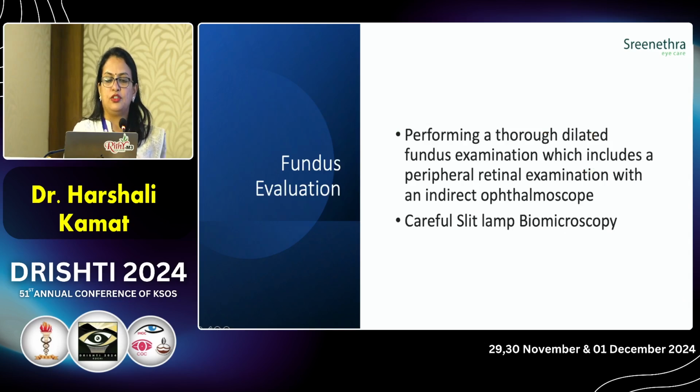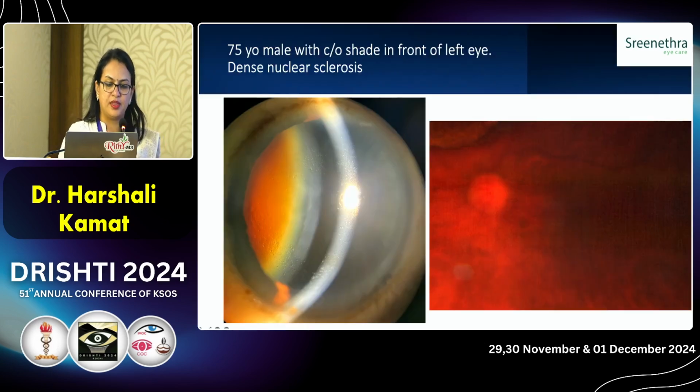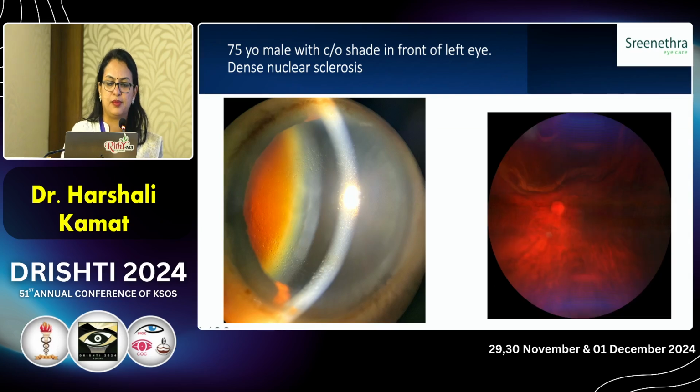So for fundus evaluation, you need to do a thorough peripheral evaluation, including indirect ophthalmoscopy along with slit lamp biomicroscopy. I give you this example of a dense nuclear cataract patient who complained of a shade in front of his eye. Slit lamp biomicroscopy would have revealed just a dense cataract and poorly defined macular reflex. However, an indirect ophthalmoscopy in this patient revealed a macula-on detachment,